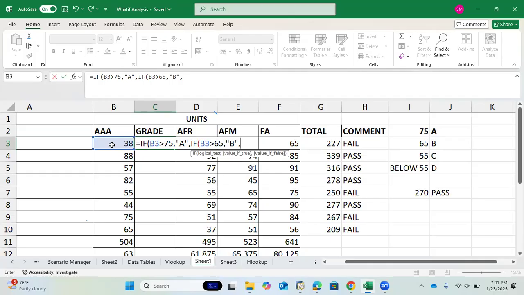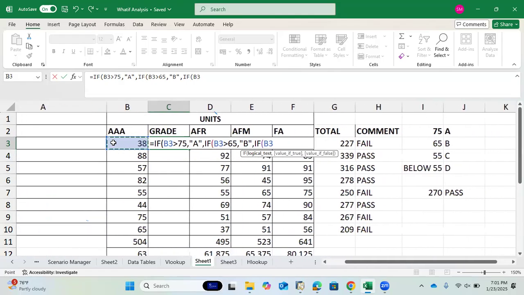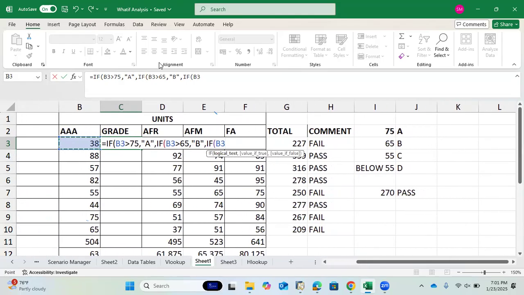If now the same B3, we are referring to only one cell. Only one cell. Because we are assuming we do not know. There are so many cells that will be following basically the results of math because we have a number of students, right? So we are still saying if math now scores, if that particular cell is greater than 55, comma, C, comma, if,